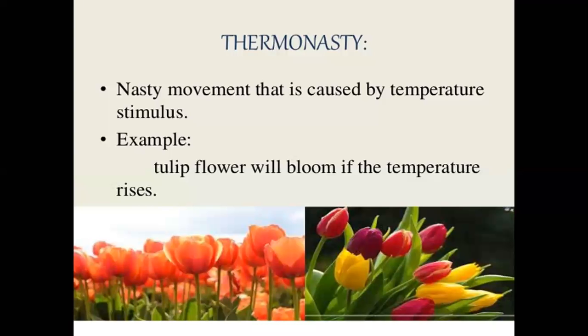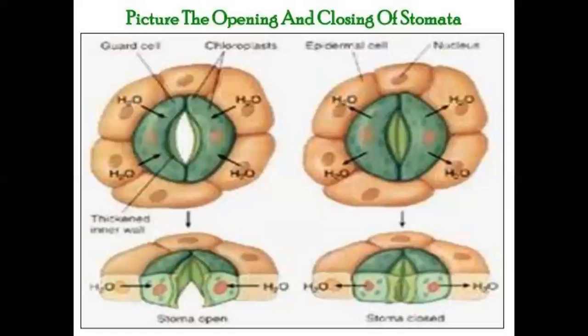thigmonasty. Then next is thermonasty. Here you can see the tulip flowers. These tulip flowers bloom when the temperature is high during the day. It is an example of thermonasty. It means it depends upon the temperature. Here is the opening and closing of the stomata. It also depends upon